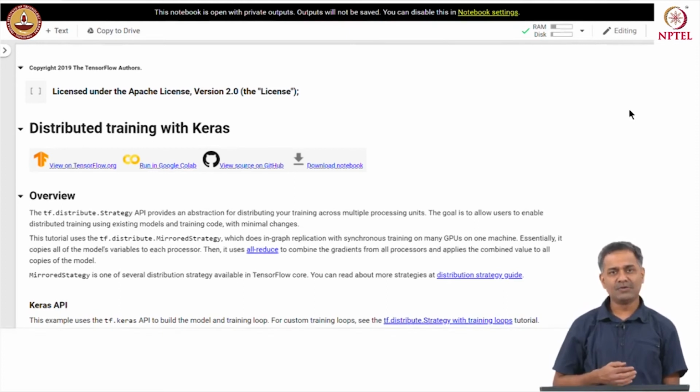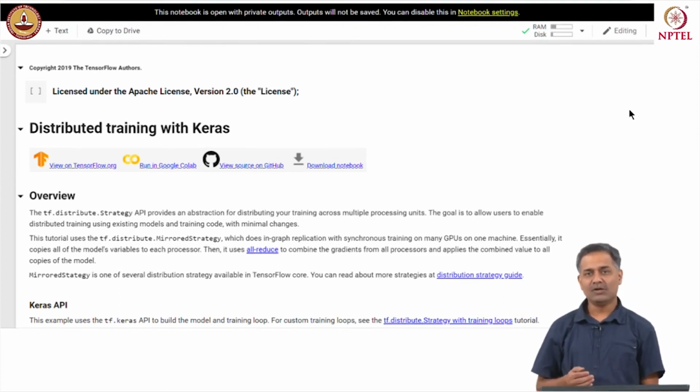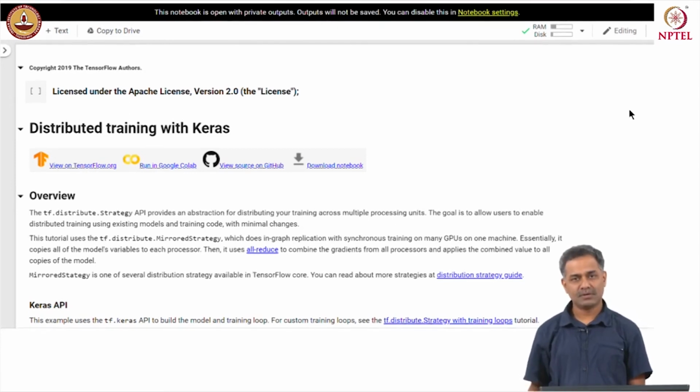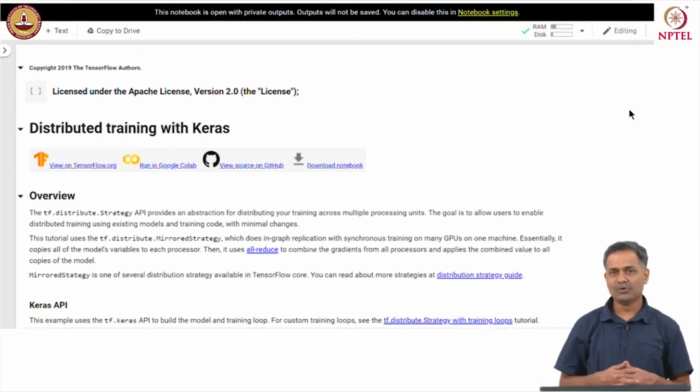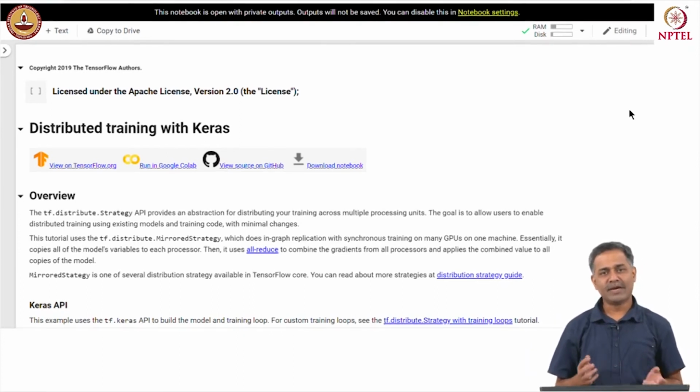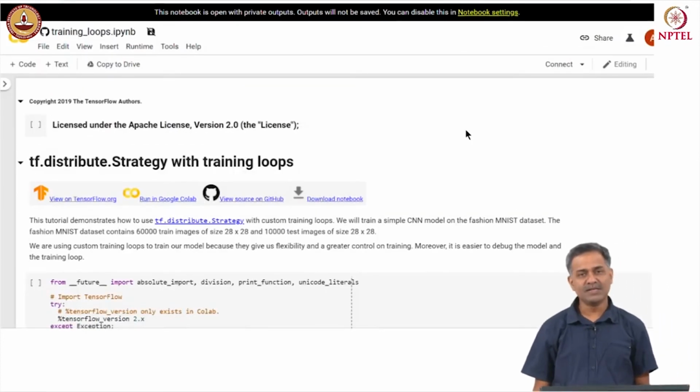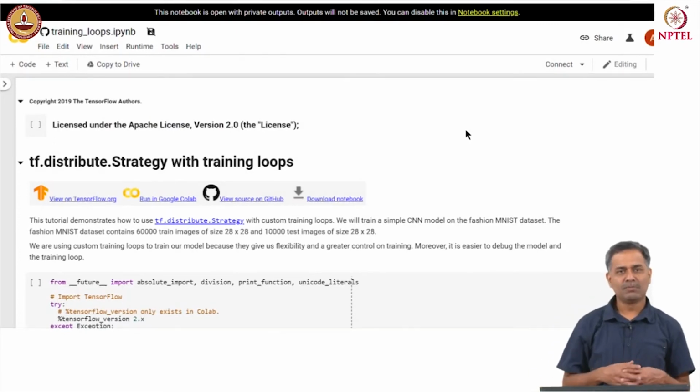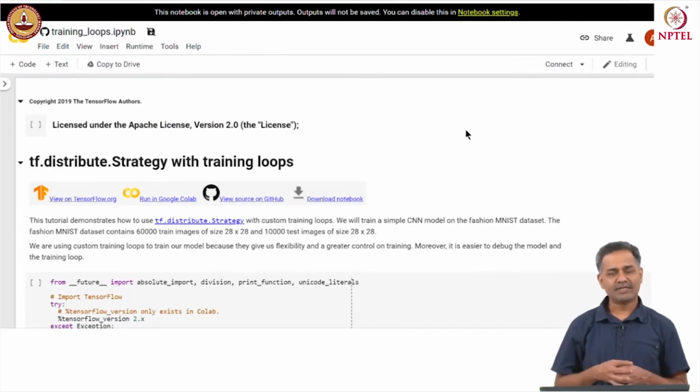Here we use mirrored strategy for training a Keras model on the MNIST dataset. Let us try to see how to use the distributed training strategy for custom training loops. So, we have seen that custom training loop provides a way of extending TensorFlow functionality.